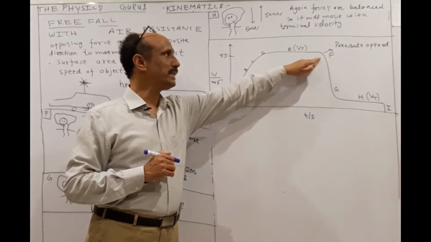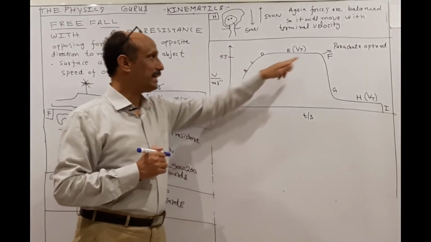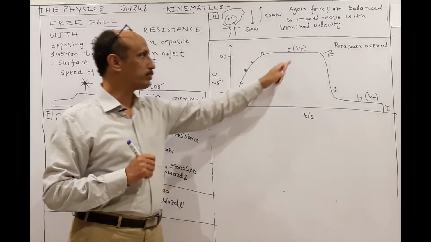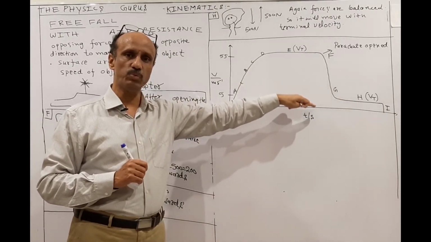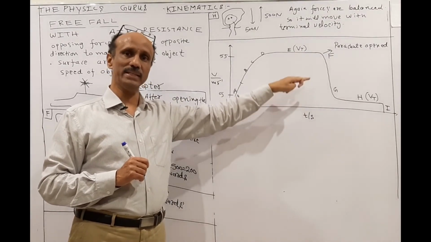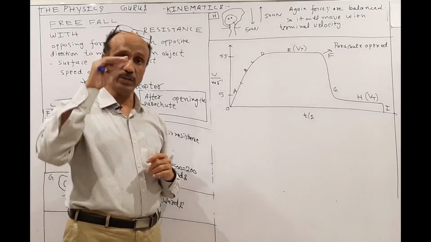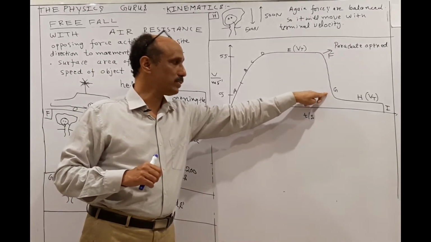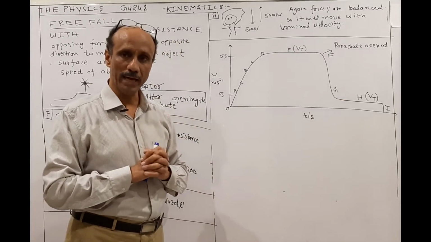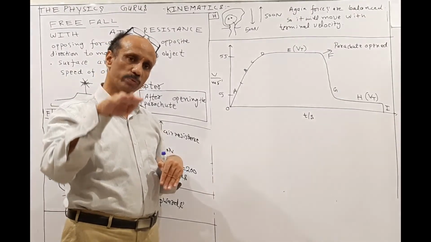Now this is the point which I mentioned in the previous section as F. At that point the paratrooper opens the parachute. So what has happened to the speed? If you observe, the speed decreases at once. So there is a deceleration, because the speed decreases. At once the paratrooper slows down, then again the impact starts decreasing, and at each point the forces become balanced and now he moves with a very slow terminal velocity towards the ground.